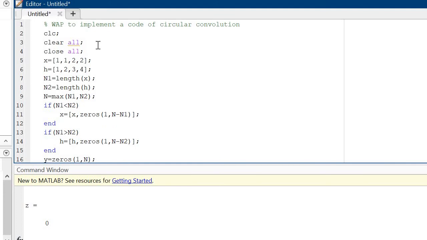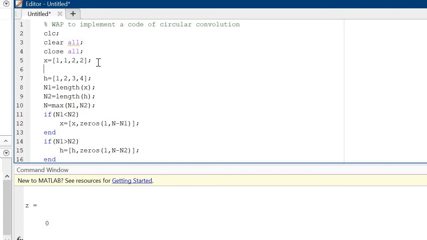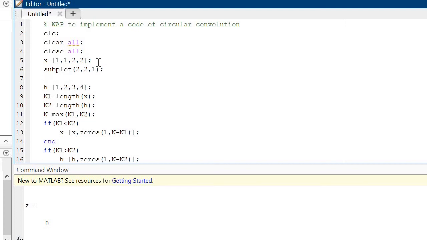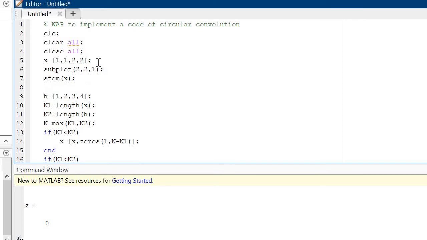If you want to display it in a figure, then write it here. Use the subplot command 2, 2, 1. Use the stem command. Stem is x, and write x label.